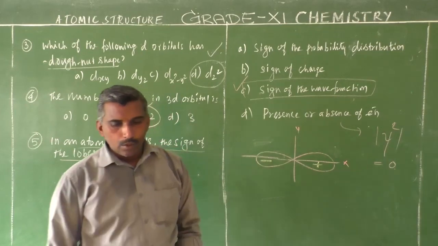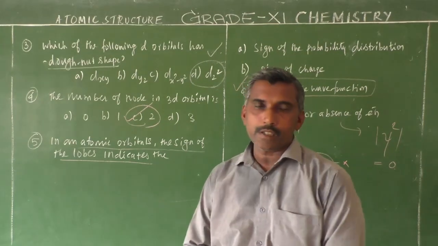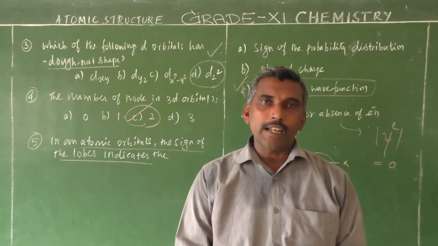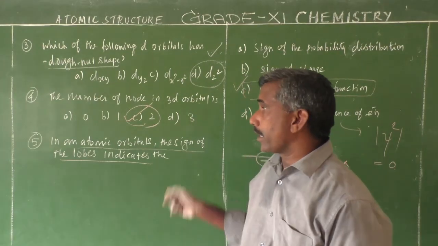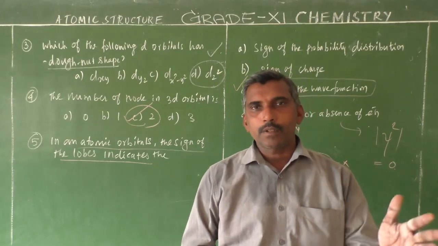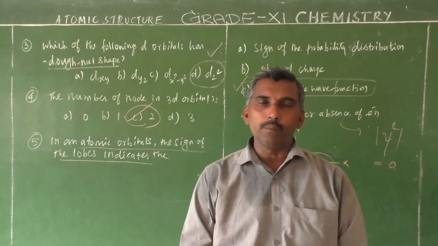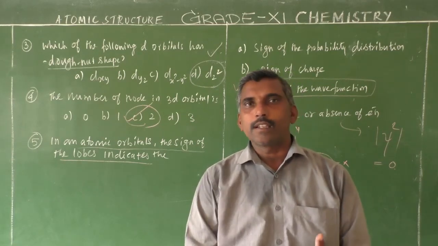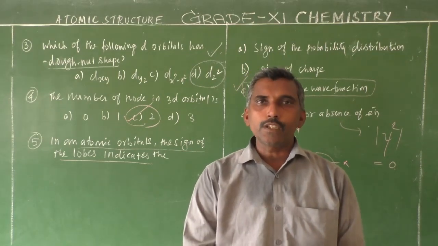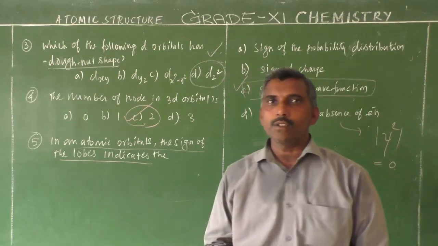That's all. Today this topic is over: quantum numbers and shapes of atomic orbitals. We will see in the next class the energy of orbitals: s orbital, p orbital, d orbital, f orbital energy. After that there are three principles: Aufbau principle, Pauli exclusion principle, Hund's rule of maximum multiplicity. After the three principles, the lesson is over, then the electronic configuration of elements. Within two classes I will complete this lesson. If you have any doubt, today I discussed NEET questions also. You write down. Thank you.